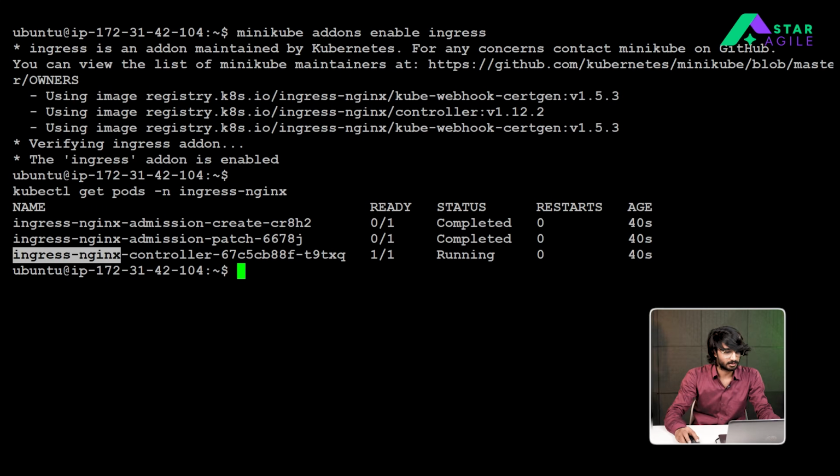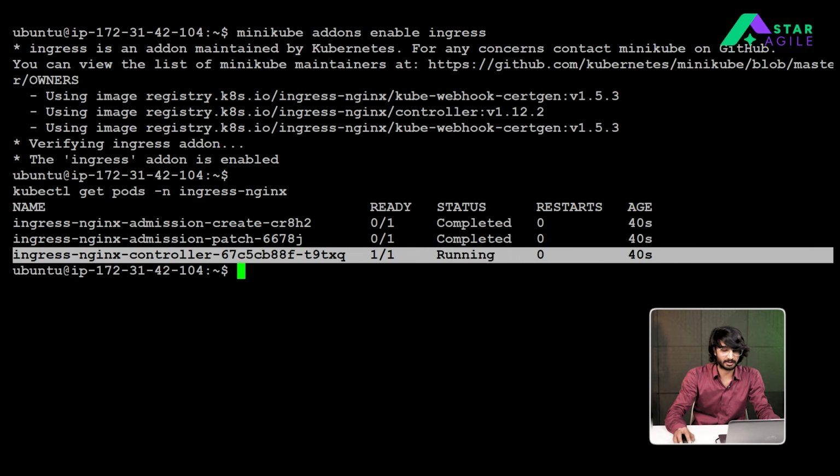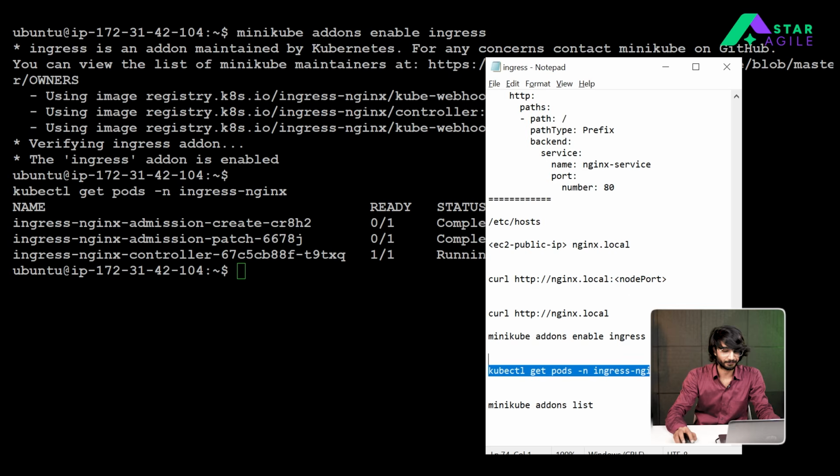Can you see? Nginx Ingress controller has been enabled and it has been running. That is correct. Now, once we are done with this one,